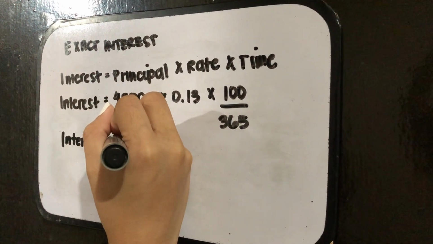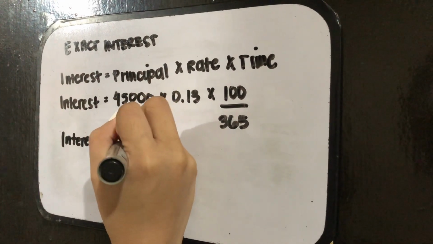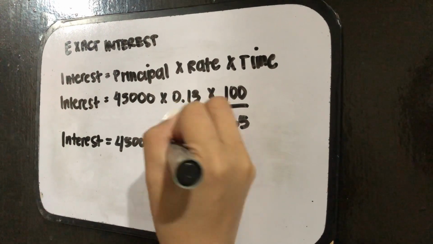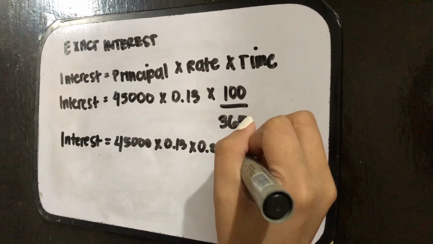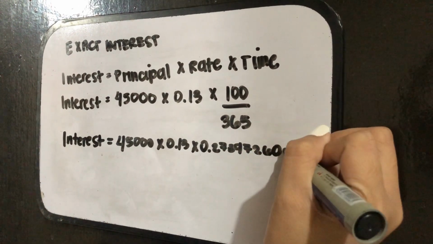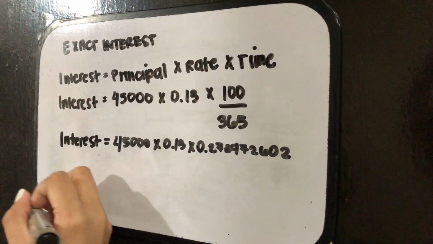At kokopyahin mo lang yung principal times rate, yung 45,000 times 0.13. Pag na-divide mo na yung 100 sa 365, ang magiging sagot